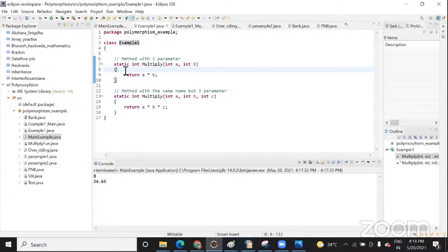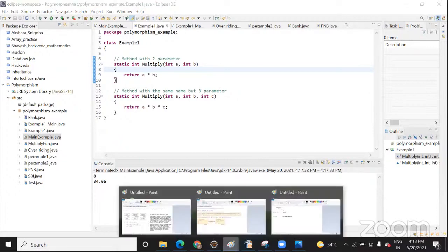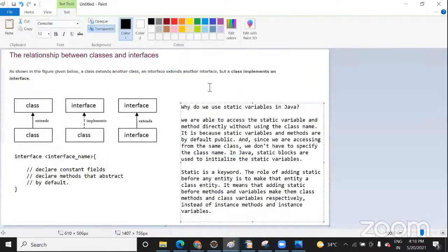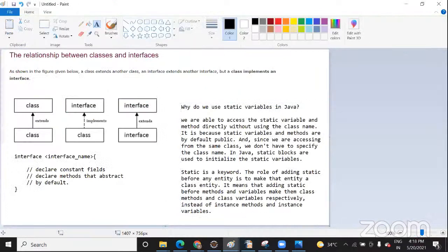But there are some more significances of using static. I thought to explain that to you also. I found a very good example in one reference. Static is used for sharing the same memory space, but there is another reason why we use it. Whenever you use static before any variable or method, they are by default public.